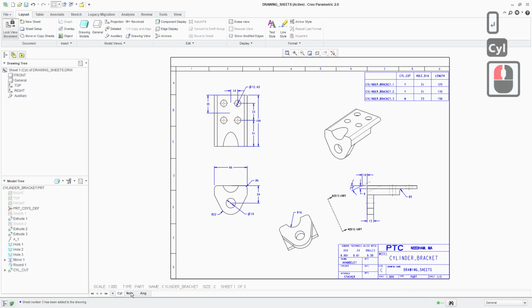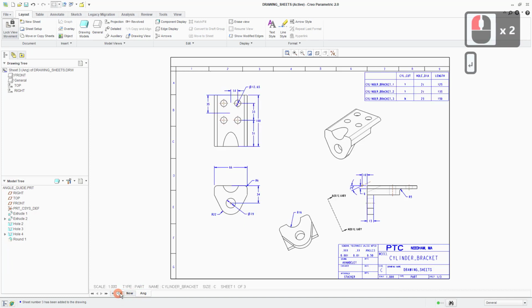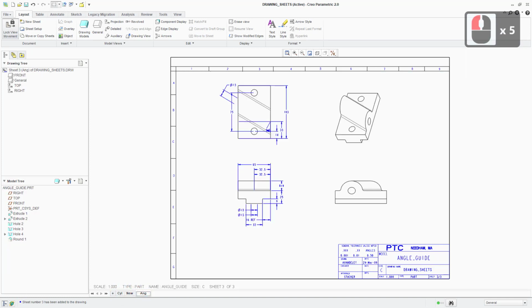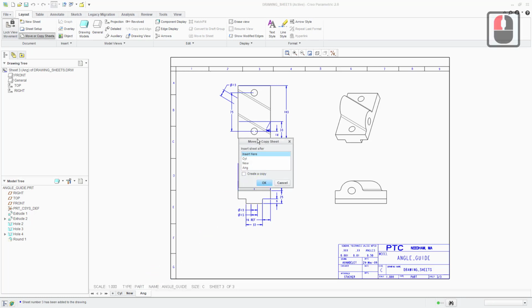So now they have names kind of reflecting what they are, and we've got them in the positions that we want. So now we're going to copy an existing sheet. So you want to select the angle guide sheet as a starting point, and then we can use move or copy up here, or we could right click on the sheet itself and you get access to the same command. It's just a slightly quicker way of doing it. So move or copy,